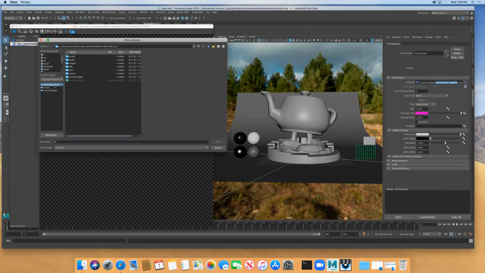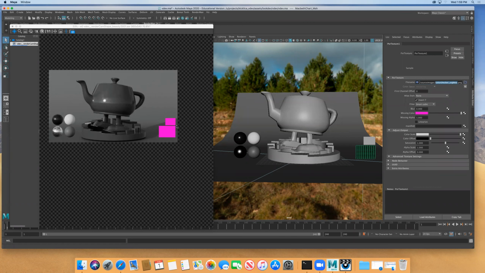So I'm going to go here, workspace group, go to source images, and I'm going to show all any type. And I want to grab that color checker.png, click open. And there we go. Now it's showing them. So as Dave mentioned, in my VDEV rig files, if you're ever using a version of mine, you're always going